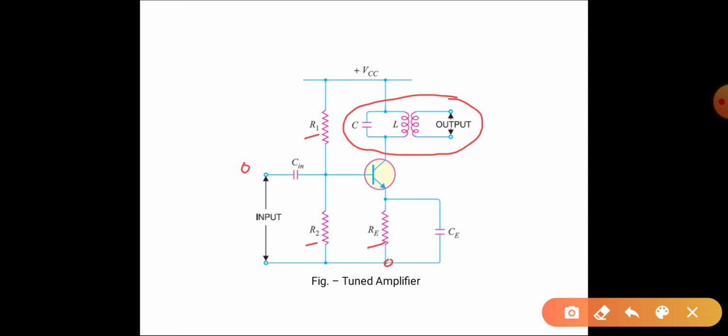So again, just listen, the tuned amplifiers are used to select and amplify a particular frequency only. It is used for a particular frequency, or a very small narrow band of frequencies, not a wide band of frequencies such as an audio amplifier. It is used for only amplifying a particular frequency, or a narrow band of frequencies.